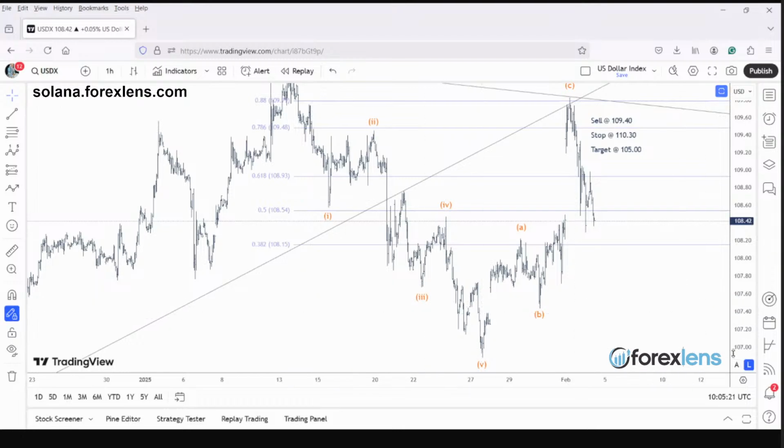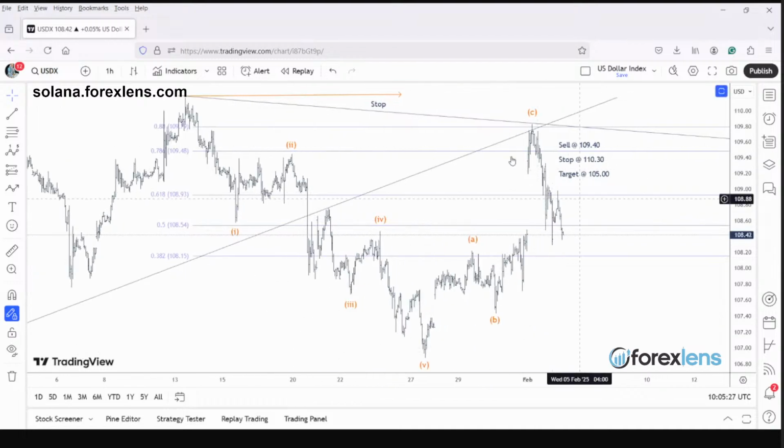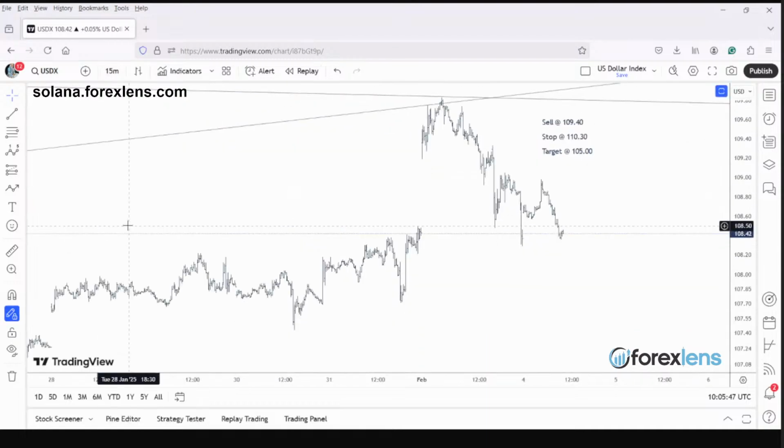Okay, first the smaller degree wave counts, and then we'll come back to what we are seeing on the right hand side. So we've got an impulse lower, 5 down, followed by 3 up, ABC, a neat little back test of the intermediate support trend line. And what followed after that, maybe we can have a closer look at the 15 minutes time frame. On the 15 minutes time frame,